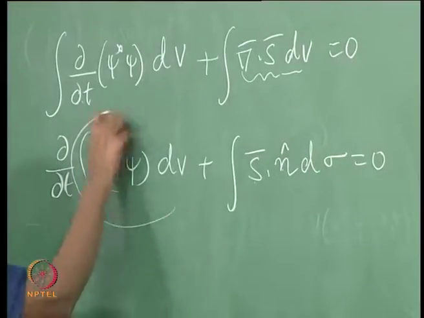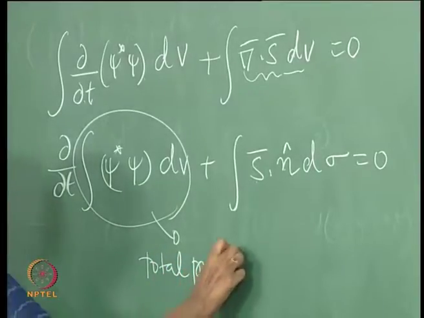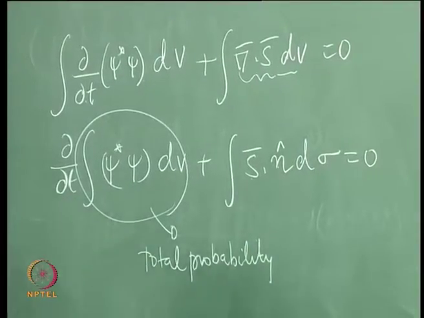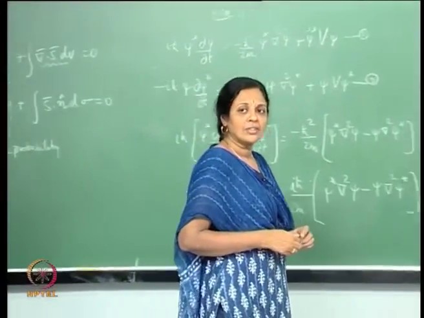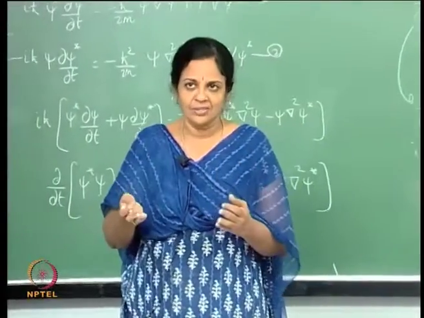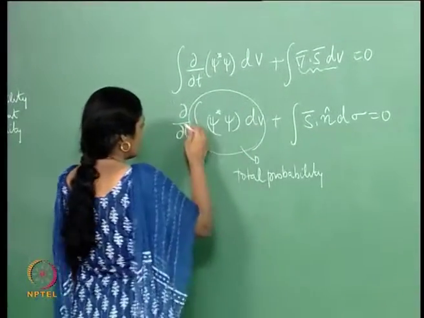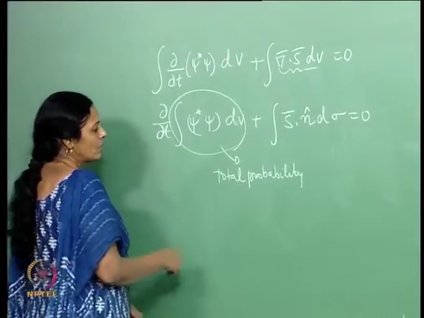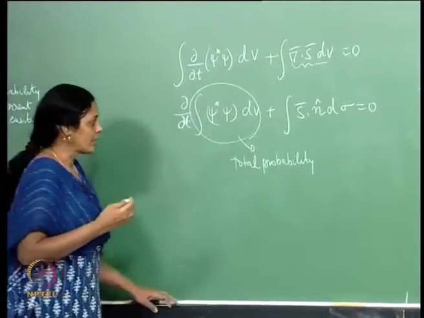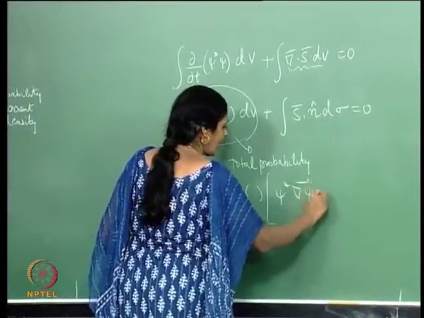The fact that the total probability, that is the interpretation in quantum mechanics, does not change in time, that if you normalize the wave function such that the total probability is 1 at a given time, the total probability that the system exists does not change in time, implies that delta by delta t of this quantity is 0, which means that this surface integral should vanish, and indeed it does, because of the boundary conditions, because S is essentially psi star grad psi minus psi grad psi star,